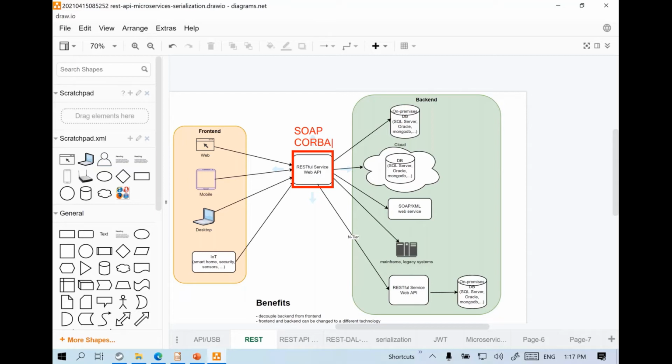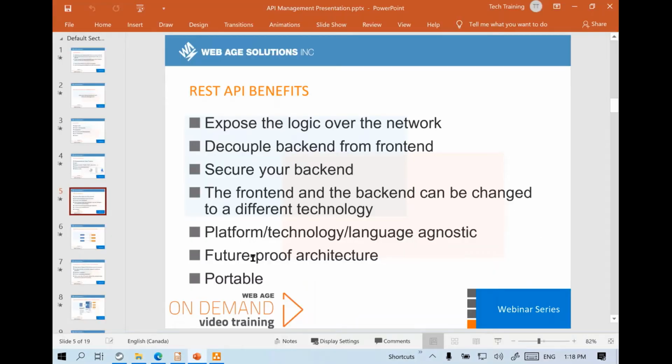Unlike the previous approaches, REST APIs use web standards that have been existing since forever. That is why REST APIs should be utilized to future-proof our architecture until the next big thing comes out that will make things even more future-proof.